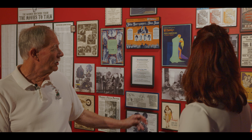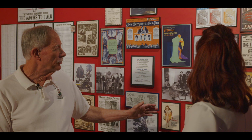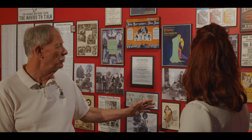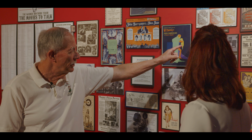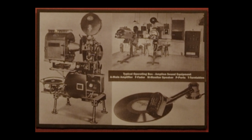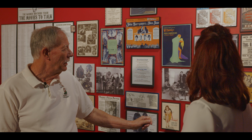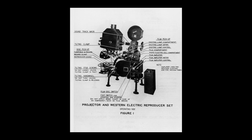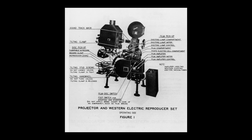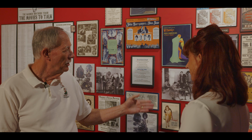Yes. Here we have a couple pictures of the projector and the sound system that was used for the movie The Jazz Singer. As you can see, the projector itself is a Western Electric projector, and the sound system has two parts to it. It has a turntable. It looks like a record. It's a disc, and then there's an interlock system that connects the record to the projector. And so it was effective enough that